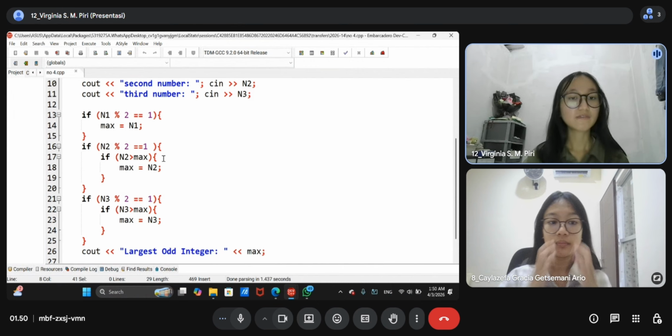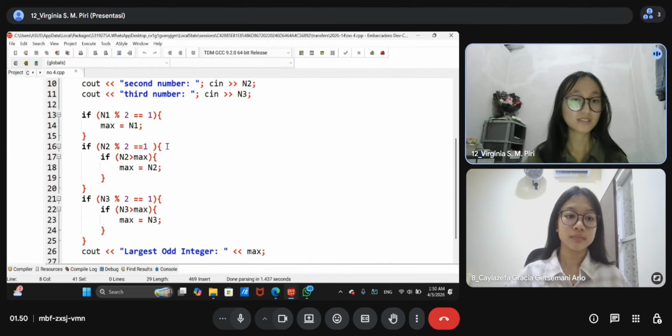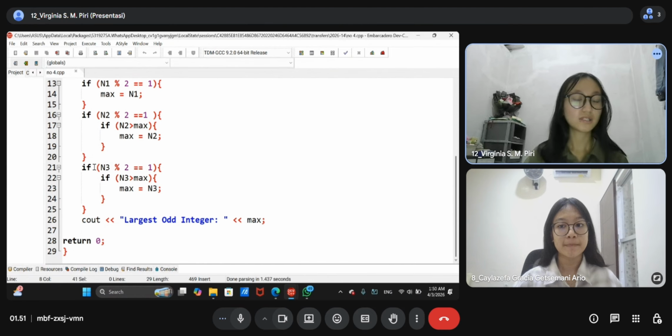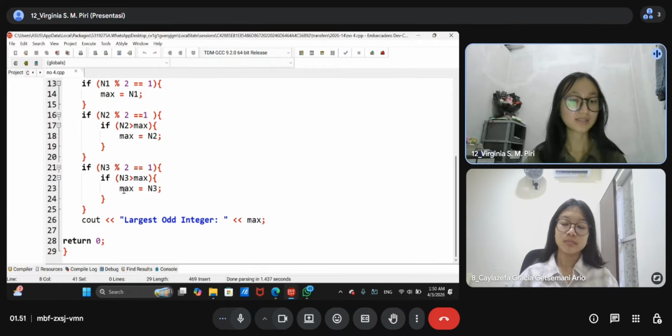But in here, we have to double check if number 2 is an odd number, we have to check again: is it larger than the previous max, which is number 1 before? If yes, then the max will change to n2, but if not, it will go to this if n3 modulo 2 equals 1, and then it asks again, if n3 is larger than max, n3 will be stored to max.